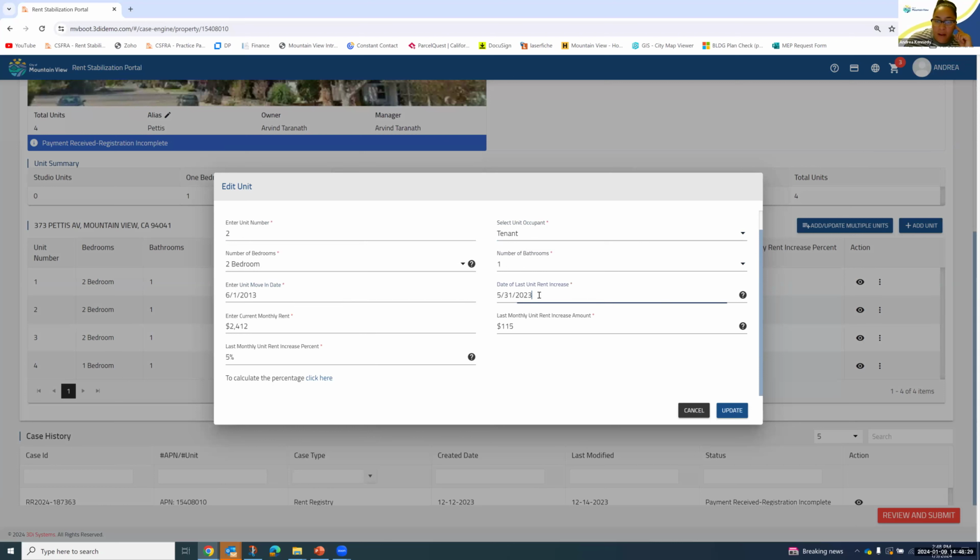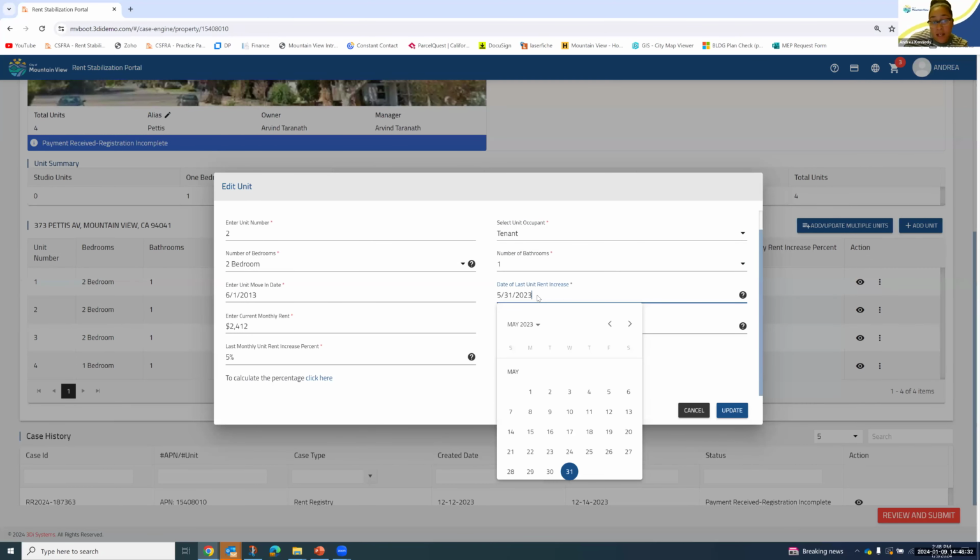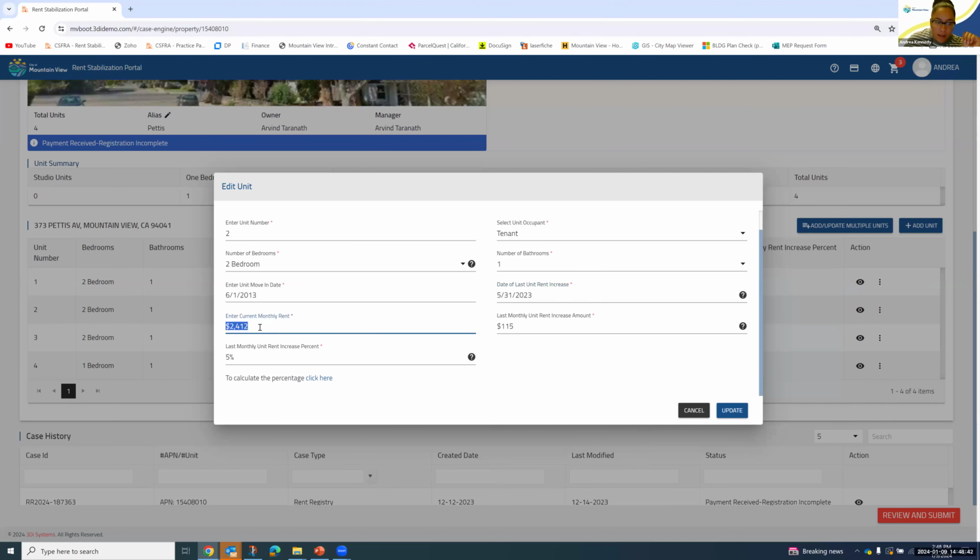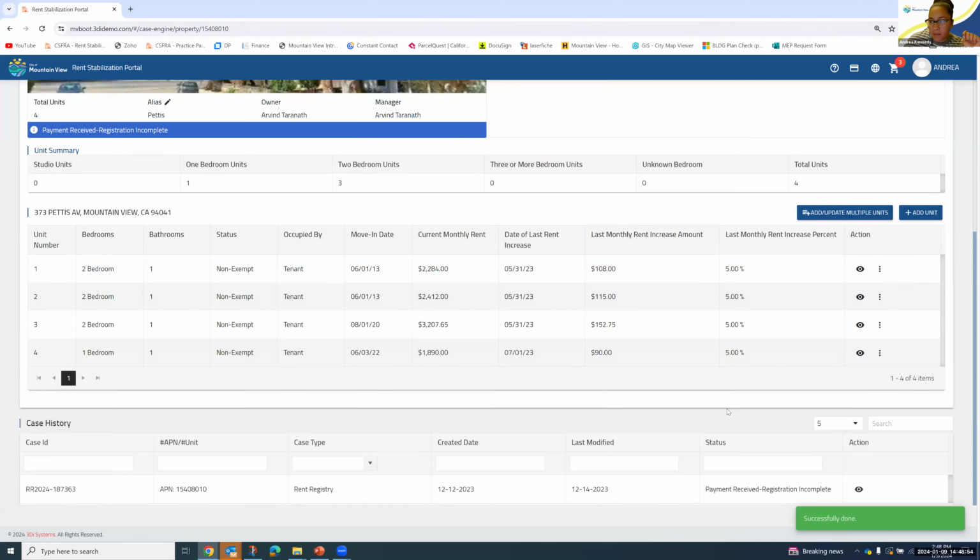So if there hasn't been one yet, because it's a new tenant, you want to still put in the same date as the move-in date. But if they have received a rent increase, you put that here. You type in their current monthly rent amount, last monthly rent increase amount, and the percentage. And then you should just be able to click update, and that will update for you.